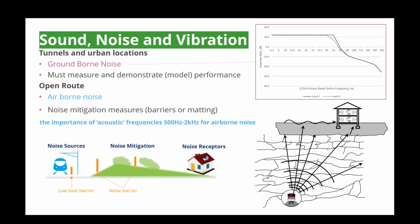In terms of open route and airborne noise, I've mentioned the barriers in the photo that was brought up before, but it's also quite important in the open route to consider what we refer to as the acoustic frequencies of the fastening system. So our precast track system design contract will also be nominating a fastening supplier. So we need to be sure that the performance of that system within these particular frequencies is adequate,